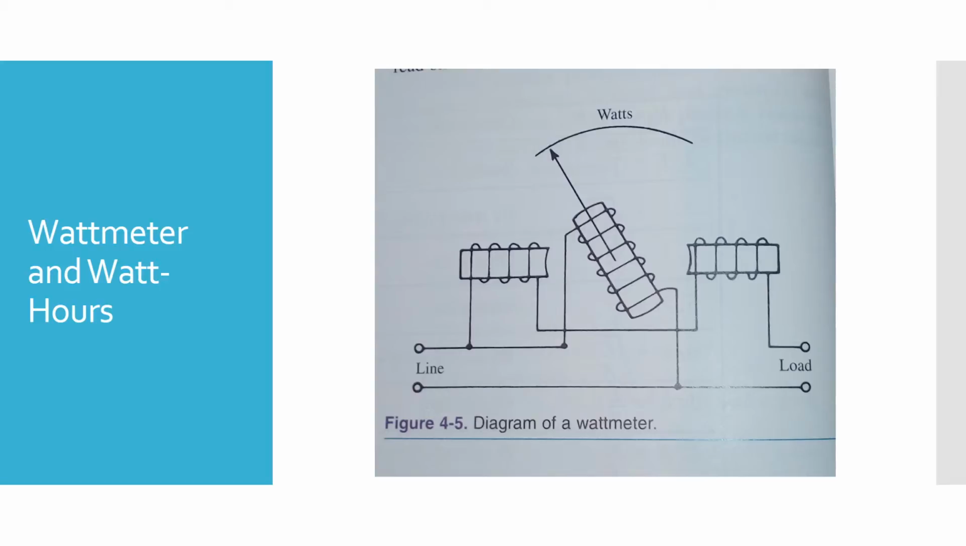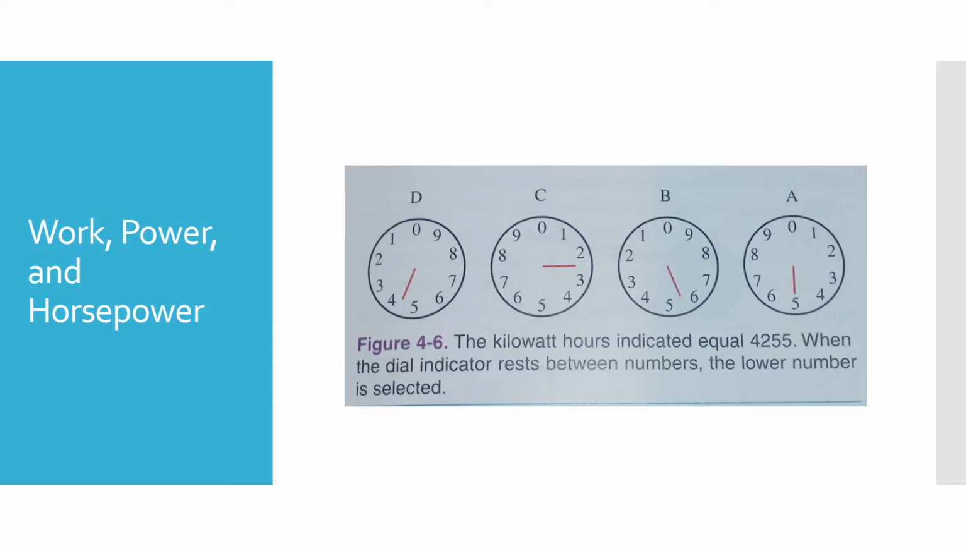Dial A on the right reads from 0 to 10 units of kilowatt hours. For each revolution of dial A, dial B advances 1. For each revolution of dial B, dial C advances 1. For each revolution of dial C, dial D advances 1. Mathematically, dial A represents units of 1, dial B represents units of 10, dial C represents units of 100, and dial D represents units of 1000. Figure 4-6, as seen on the screen, is the kilowatt hours